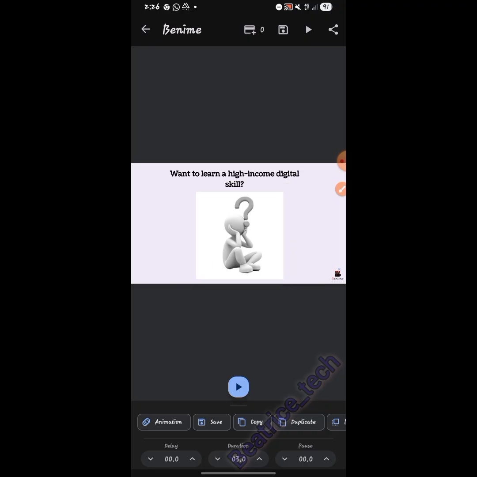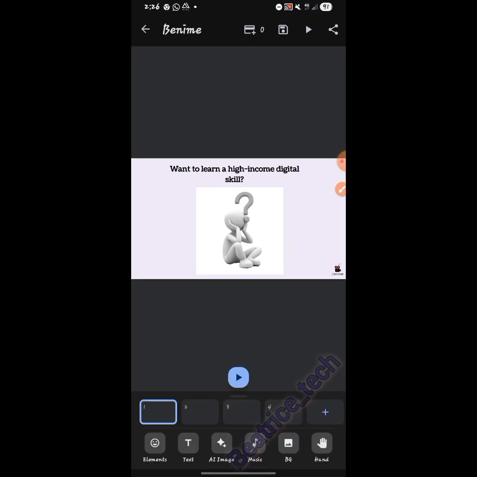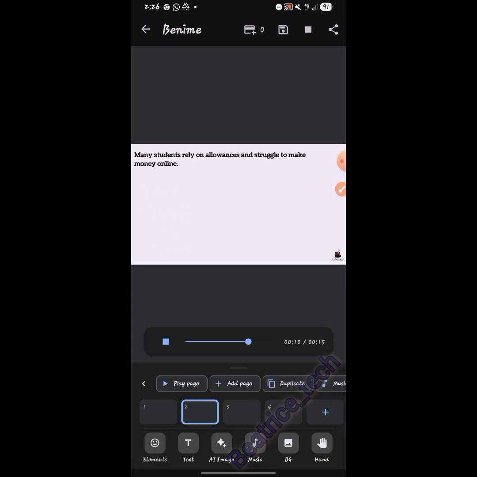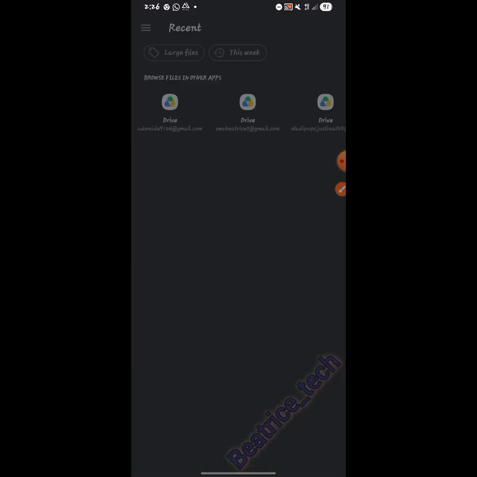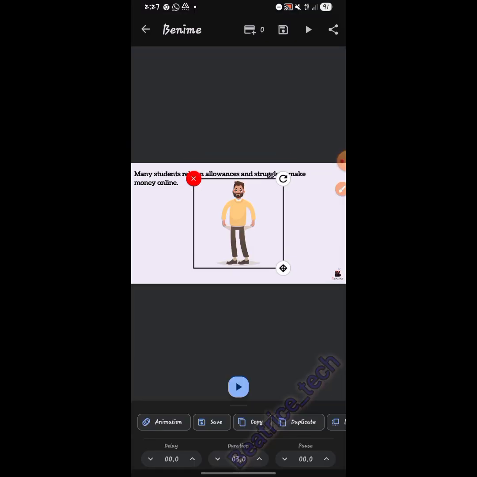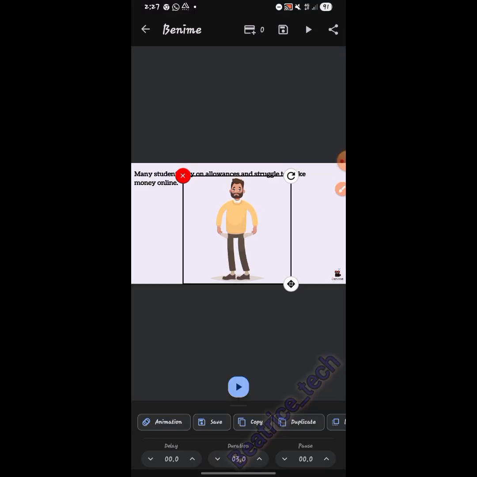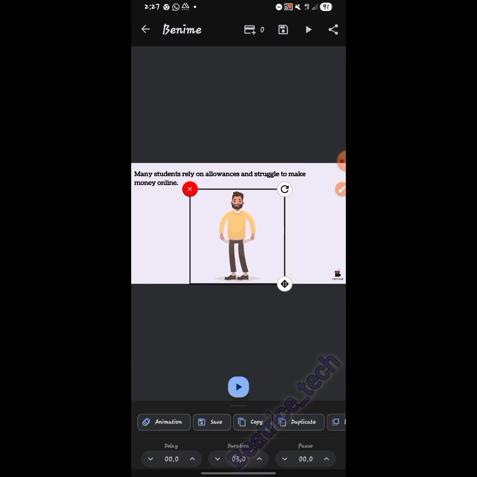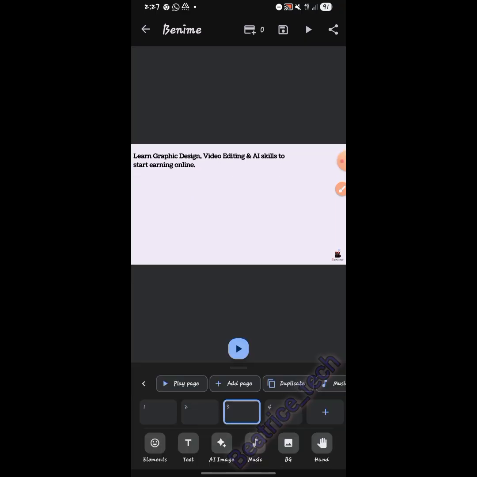So to animate this, let's play it first and see. Want to learn AI income digital skill, and the hand will surely draw it, since that is the setting we put it for. So let's go ahead and input the rest of the images. Element, remember element. This time around it is this one. Element,